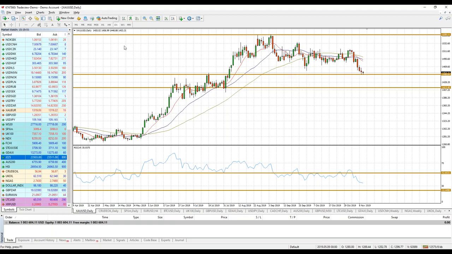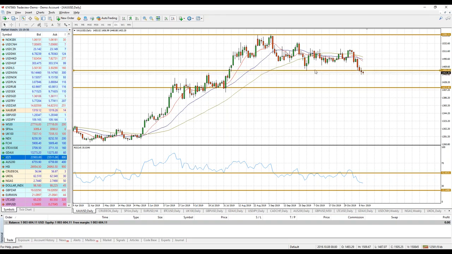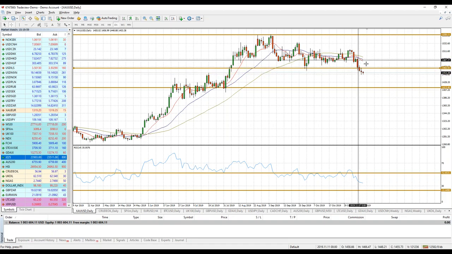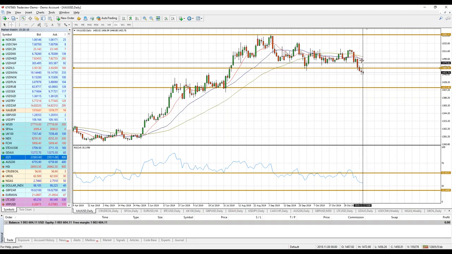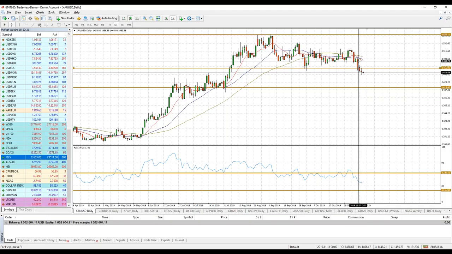Now, as you can see, we are currently looking at this from a daily time frame perspective. Yes, you do see when the initial fall took place, and that was the huge candlestick, of course, which took everyone by surprise. It came on the day where the US and of course China came to somewhat of an agreement to potentially roll back tariffs in time. So of course a lot of investors were overjoyed at the news and started to take their money out of the metal safe haven, which is gold, and move it to the likes of the S&P, the Dow Jones and other traditional equity markets.